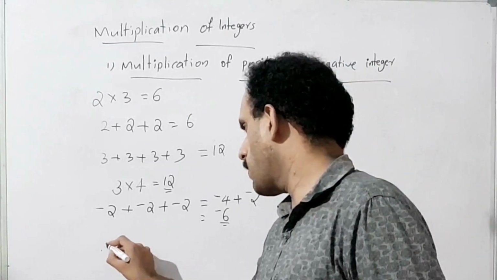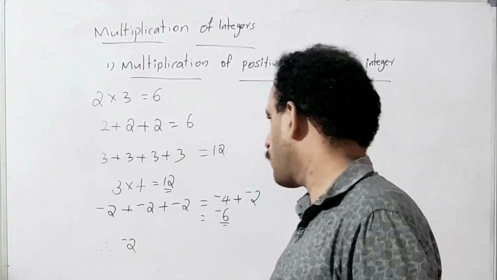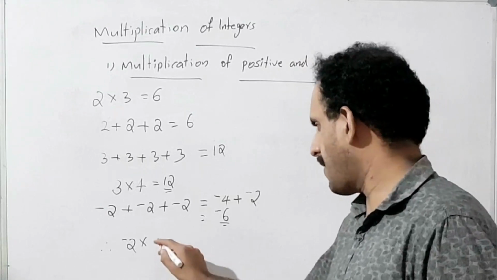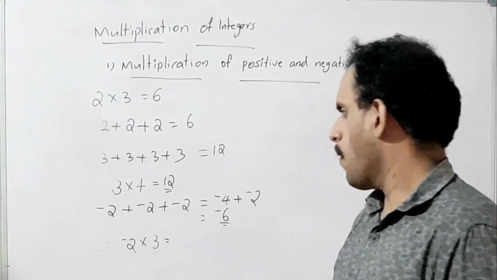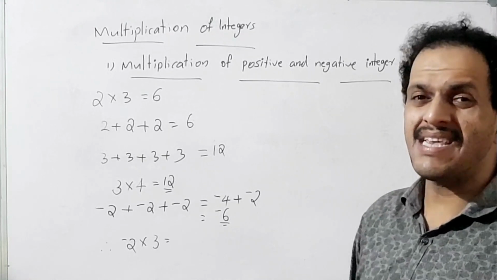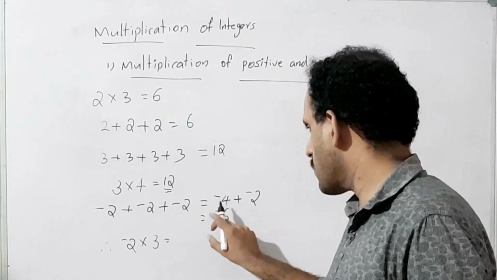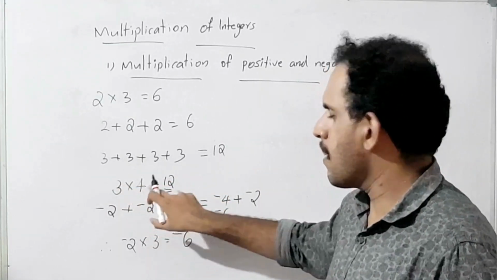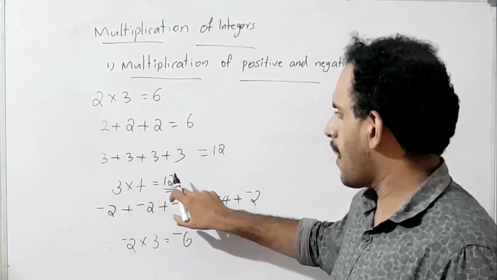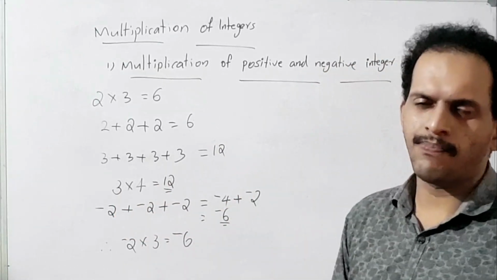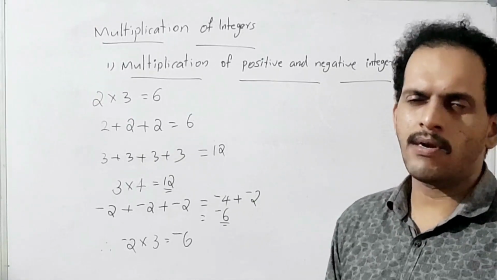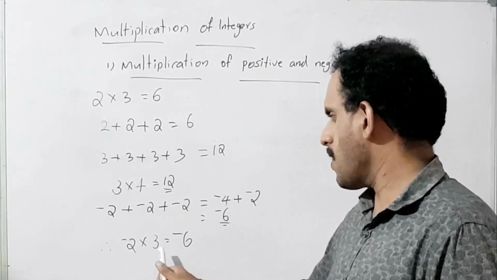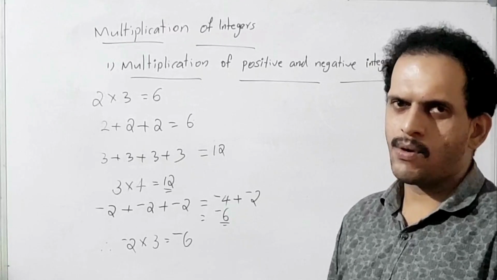Therefore, in the form of multiplication, minus 2 into 3, the number is minus 2, and how many times? 3 times. So minus 2 into 3 is equal to what? The answer is minus 6. Because in all the cases we know, if you multiply the number with the number of times, we get the same answer as what we get by adding. The same answer we get in the time of product also. So minus 2 into 3 is equal to minus 6. I think you got the idea.